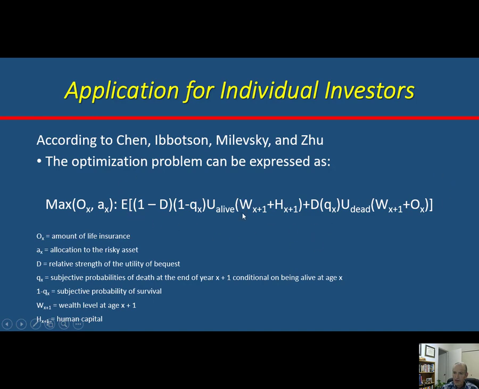But the wealth is where your asset allocation is, how much you should have in stocks and bonds. When you're young, your stock allocation will be very high because your human capital is very bond-like. As you age and this Q increases and the D increases because you want to leave more to your heirs, you'll have to shift your wealth more and more to the bonds. So, there's actually a formula in this article. Those that took my life insurance class probably well remember this article. It was a pretty intense article.